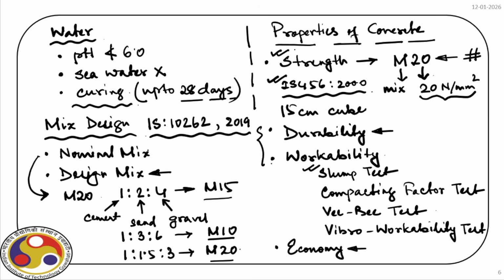I will come to that point again when we go for design. For the time being, this information is sufficient: if we go beyond M20, we have to design not only the reinforced concrete structure but also the concrete that we use, and that mix proportion must follow the guidelines of the code mentioned here. Okay, so now coming back to our RCC. For this design, we follow the code IS 456:2000.